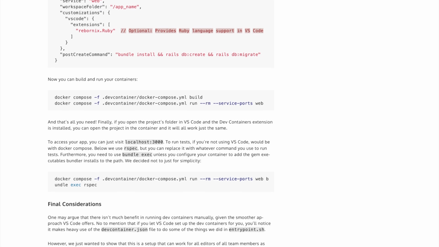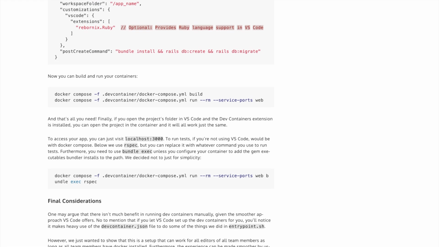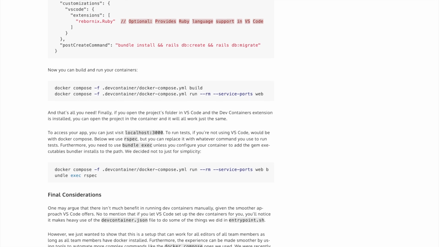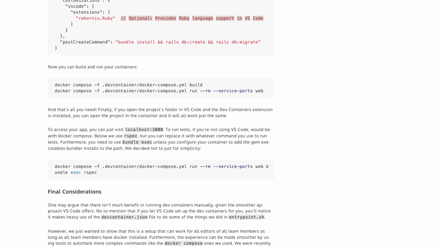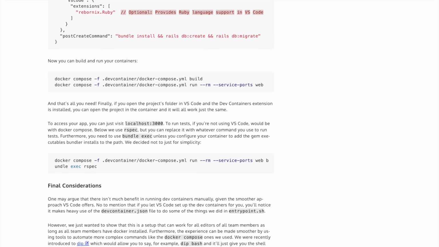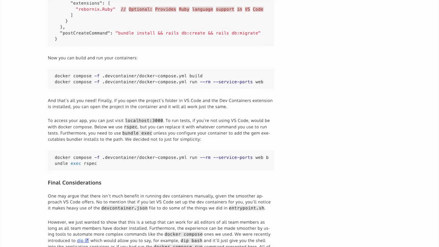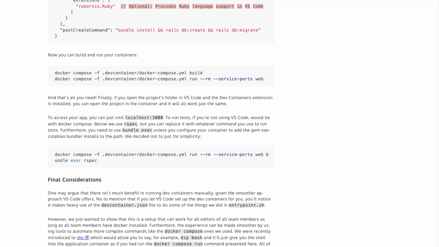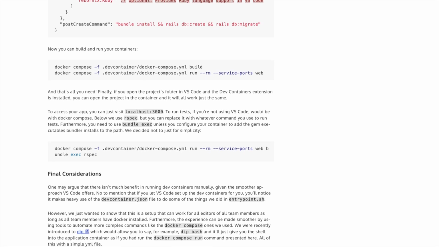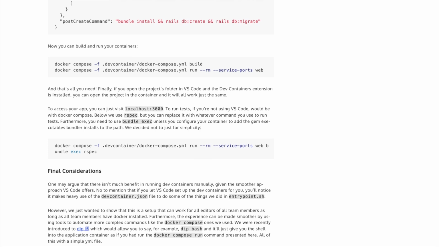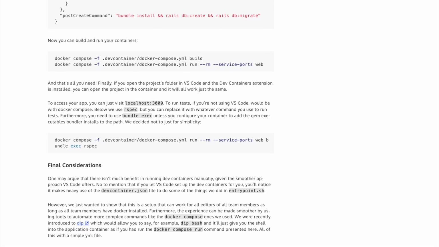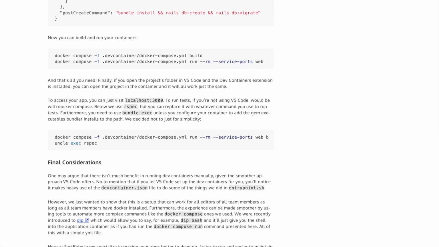You'd use docker-compose -f .devcontainer/docker-compose.yml run --rm --service-ports web. Let's see, --service-ports makes sure the compose file's ports are mapped, and --rm removes the container when it stops. Yep, keeps things tidy. Service ports makes sure the ports defined in the compose file, like 3000, are actually mapped to your host machine. And web tells it which service from the compose file to run. And that command will eventually drop me into the bash shell because of the exec bash in our entry point. Exactly. The entry point script runs, does its setup, and ends with exec bash, giving you the prompt inside the